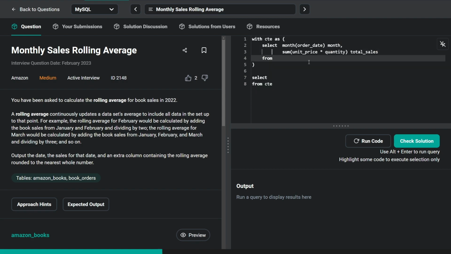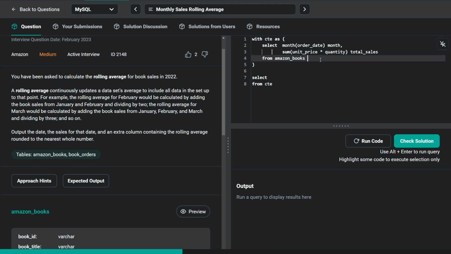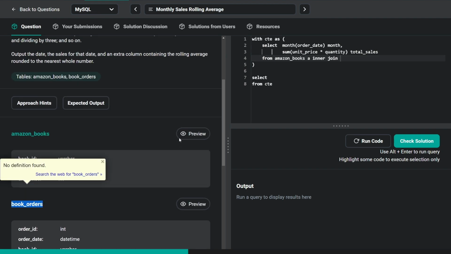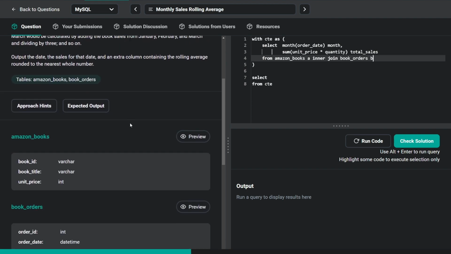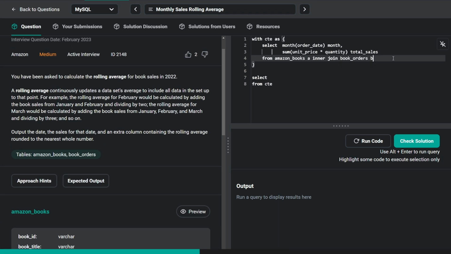So let's just choose the bigger table. Like the books would be, in this case, bigger because not all books are going to have orders, but all orders probably are going to have books since they're book orders. So we're going to say Amazon Books A, inner join with book orders, and we're going to call this B. And let's see, we have to use book ID. Since it's the same, we can use the USING function. USING book